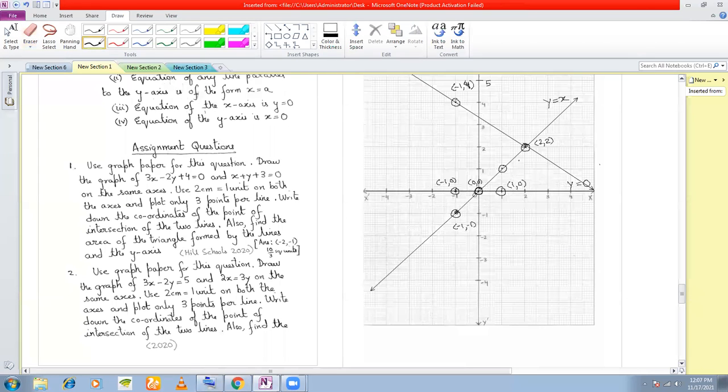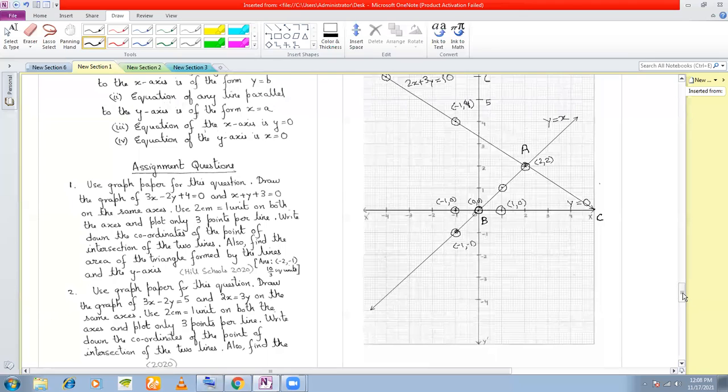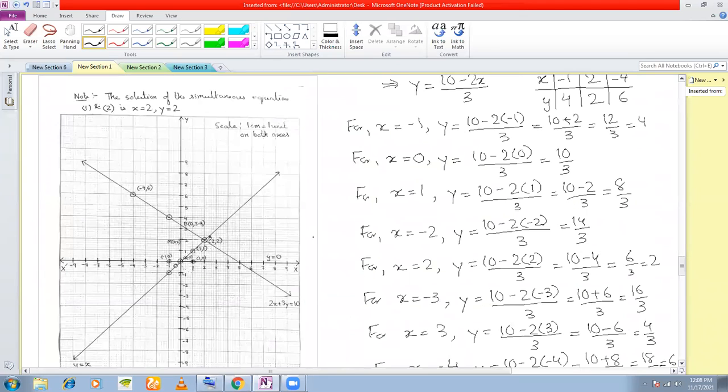Fine. So in this graph, you can see the triangle. Let's mark the vertices of the triangle. This is the A vertex. This is the B vertex. And let us say this is the vertex C. There's somewhere in the extreme actually. That is why if you can use a smaller scale graph, the results will be more accurate. So the way I have done here, if you use this scale, the results would be more accurate.